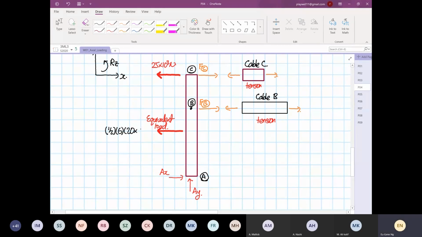And the equivalent load will be equal to 60 times 10 to the power 3 Newton. And the distance from here to here, from here to here, all of a sudden I cannot write on